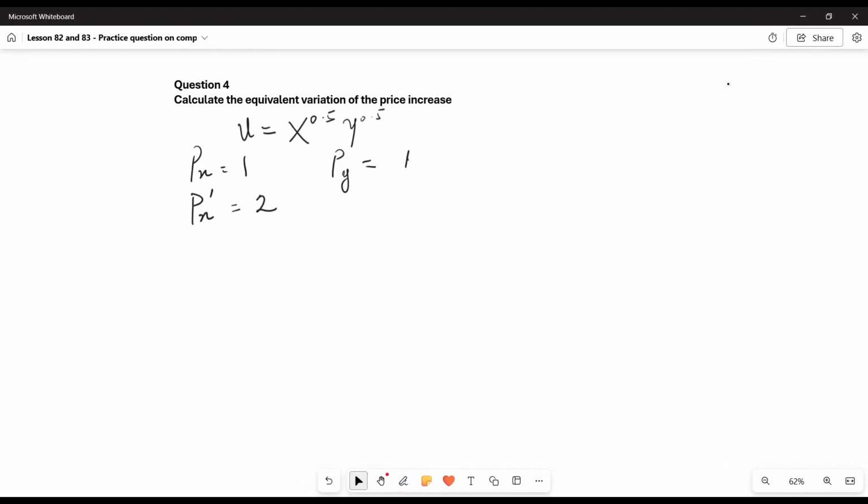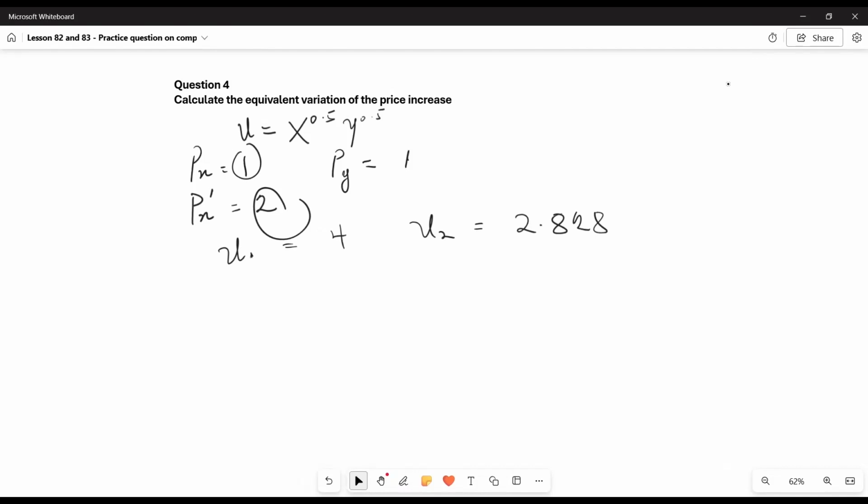To compute equivalent variation, we need to keep Peter at the old prices but with a new level of utility. When we were calculating the compensating variation, the aim was to keep Peter on old utility but with the change in the price. Now we're going to move to the flip side: keep Peter on the old prices but with the new utility level. So we know that when the price of good X increased from 1 to 2, Peter's utility decreased from U1 equal to 4